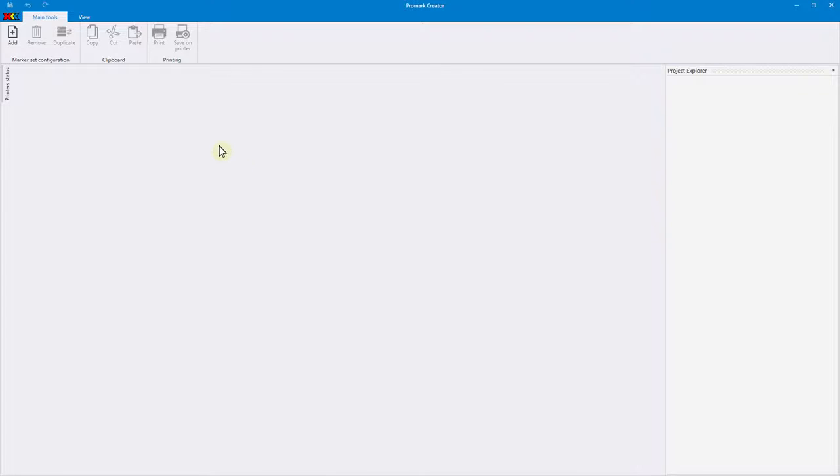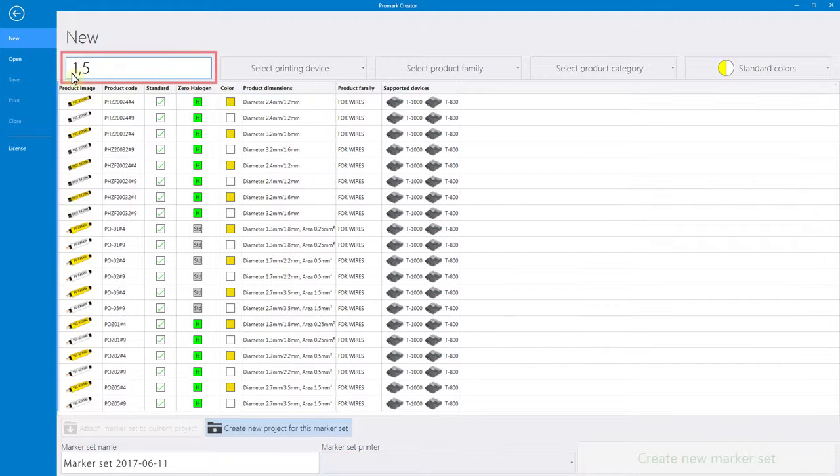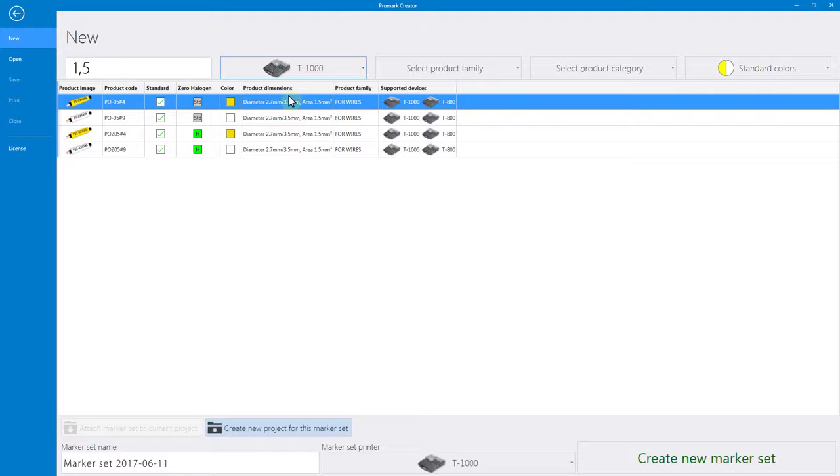Step 2. Manual marker creation. Create a new project. To begin the design process, click Add New. The filtering options are at the top of the page, according to product description or marker code, printer, product family,